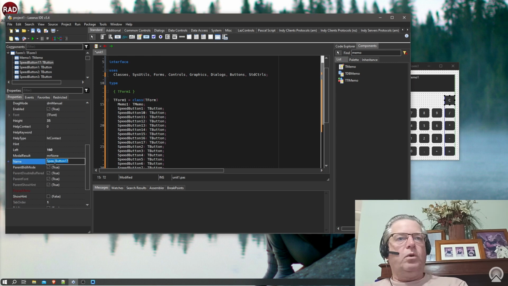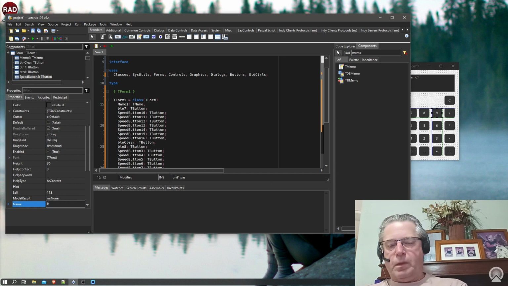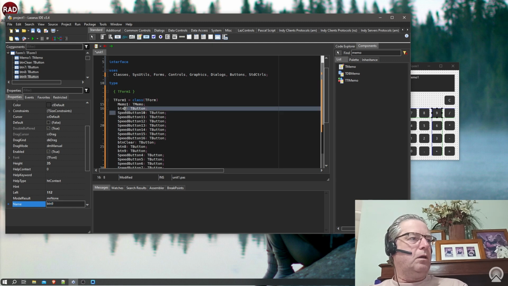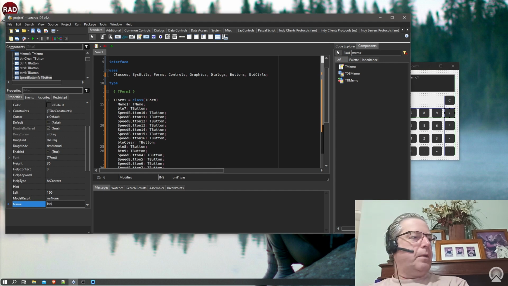So let's call this one, well actually it's really a button, ButtonClear, and it's that one there. Button7, Button8, Button9. You can see now that I've got a Button7 up there, 8 and 9 down here, and that may affect our